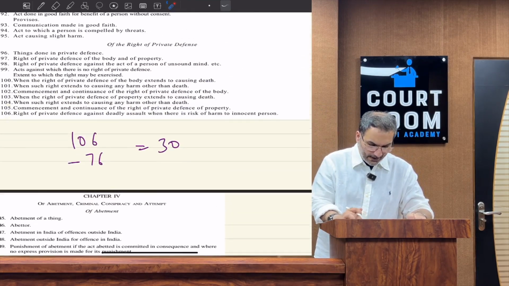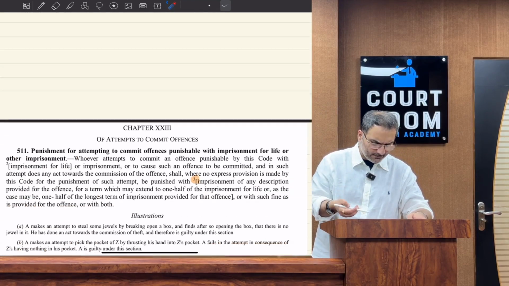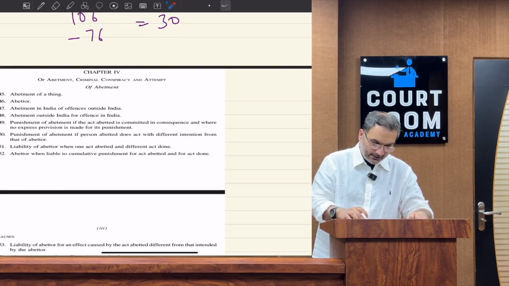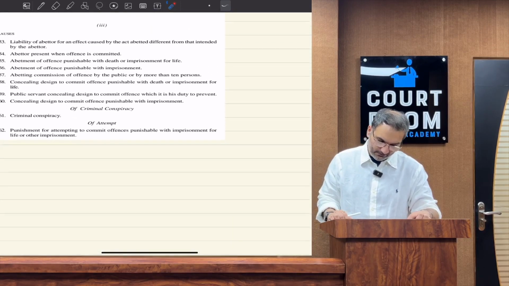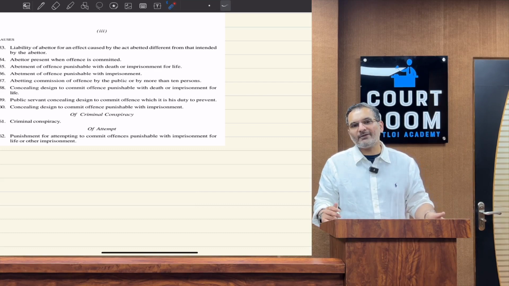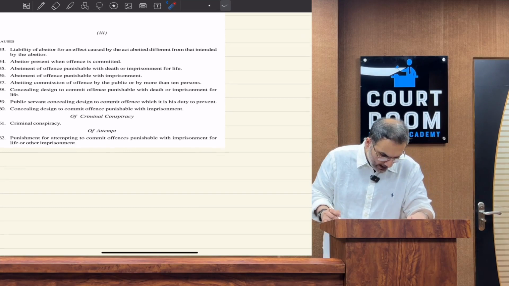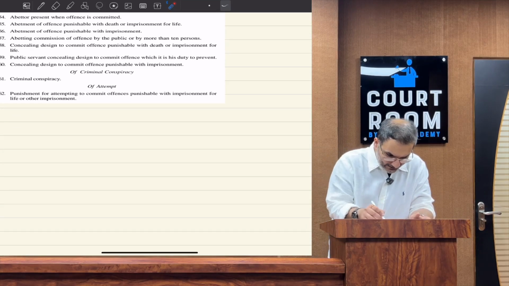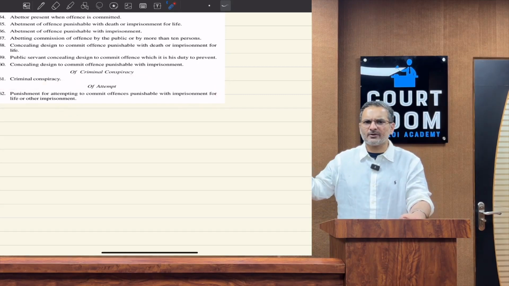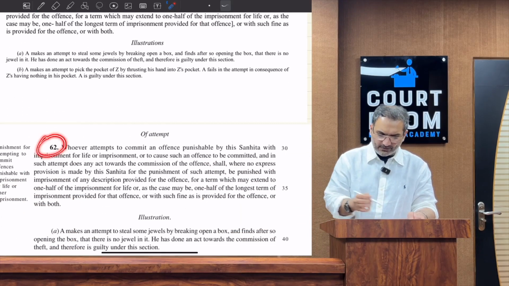Alright. Now if you compare chapter 4 of the newer one, of abetment, it is pretty much the same thing. But if you notice here, attempt, a very popular section, used to be 511. It was pretty much everyone's favorite and a very, very simple section. But here, if you come to attempt, you will see that it is now section 62. So it has been just copy-pasted word to word. I'll show it to you. 511 has now become 62, and that is pretty much